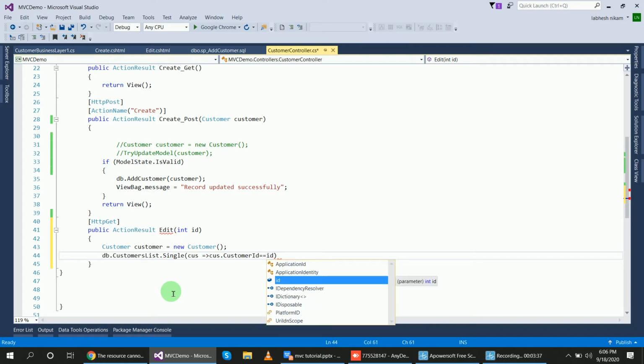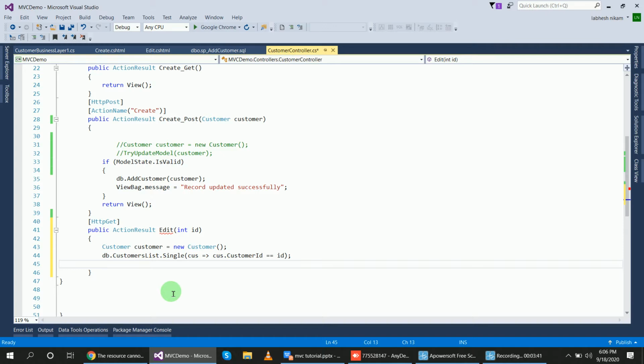And then return View. Inside of return View I will pass the customer object, and will create the edit page.